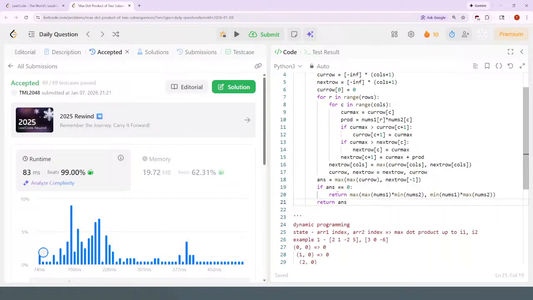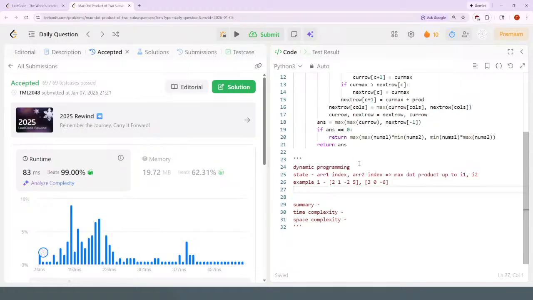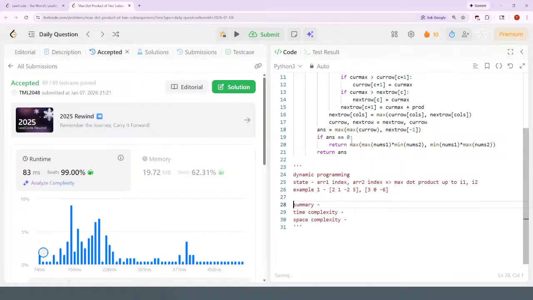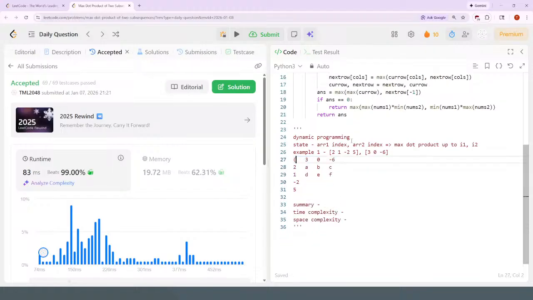Yeah. Okay. I'll say here. So it's E, F, G, H, I, and J, K, L. And this is initially, current row is initially like A, B, C. And next row is initially, or after the first pass is going to be F. Alright, so the summary here is going to be